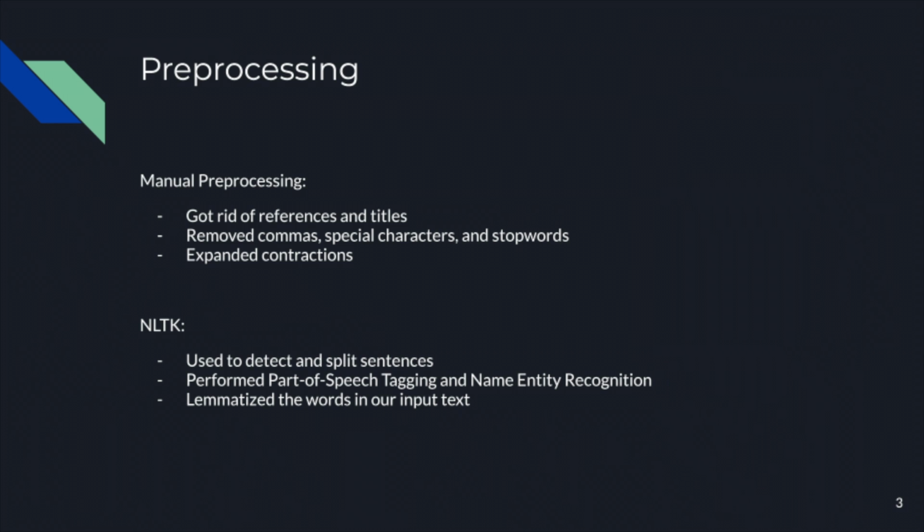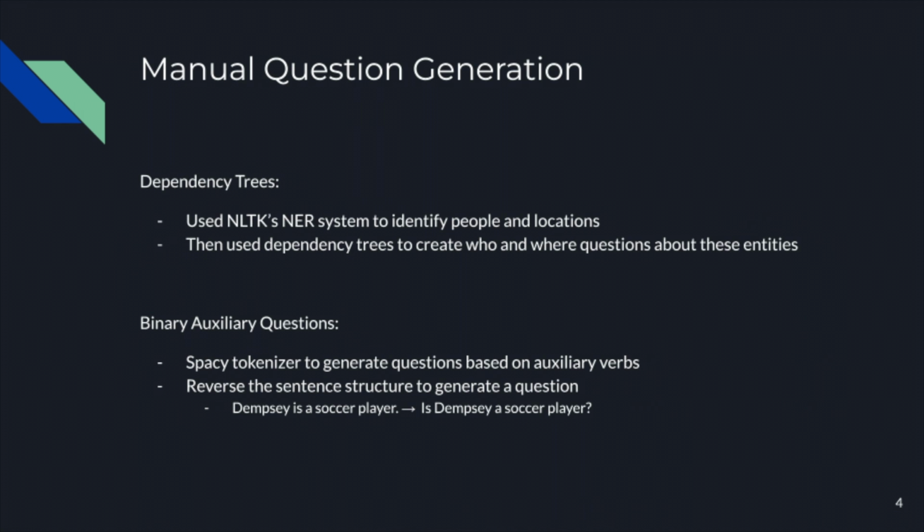We performed part-of-speech tagging and named entity recognition on our input. We also had a lemmatizing function that lemmatized the words in our input text as we needed it for one of our question generation methods. One type of manual question generation that we did involved using NLTK's named entity recognition system to identify people and locations. Then, using the dependency trees that NLTK generates, we were able to create questions about the named entities, mainly